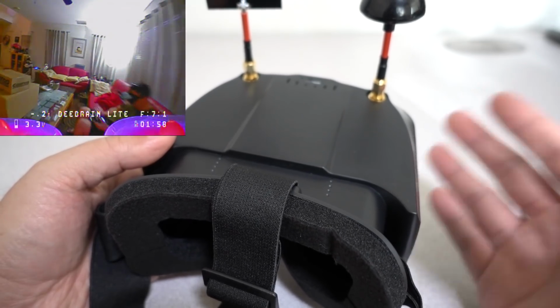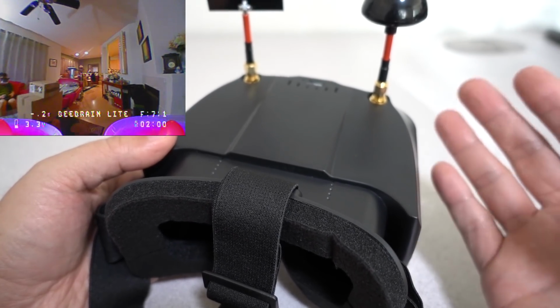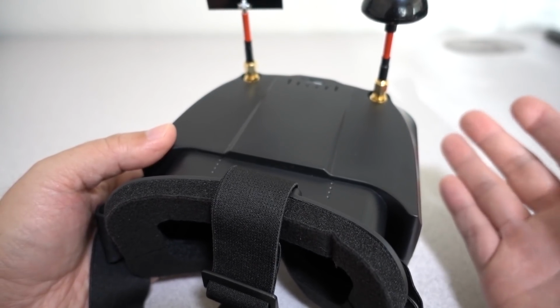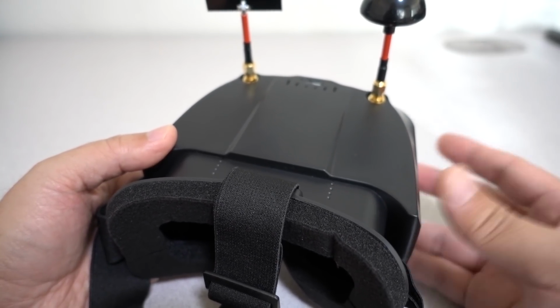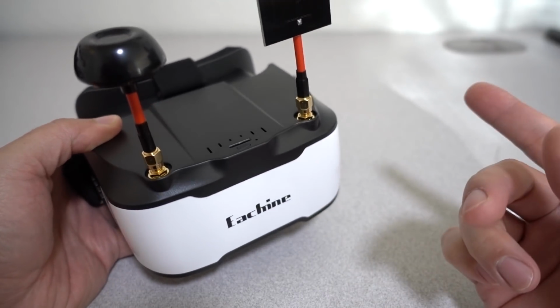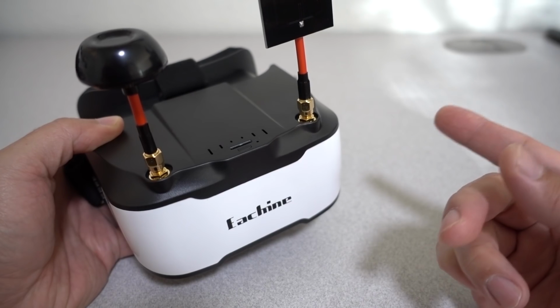I could focus on the screen. I could see details. I didn't have any trouble flying this particular goggle in most of the places I would normally fly. Okay, so now in terms of the question of this one versus, say, the very popular EV800D,